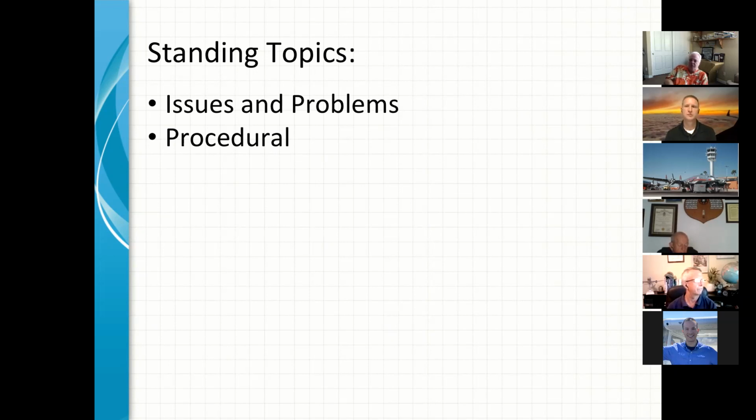Sure, that works just fine. It started out as the vacuum system failure, where the DG and the attitude indicator failed. Then it became the loss of a partial panel, and then it became a loss of primary flight instruments. So it kind of went through a transition from what I learned in the 70s, what the title of that program was. But as the systems change, the titles seem to change a little bit too. But that should work. Jim, you got anything else for him?